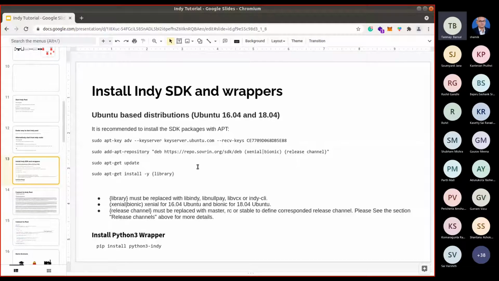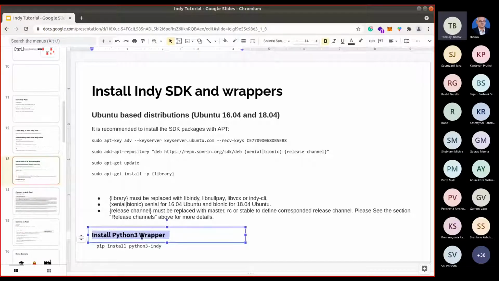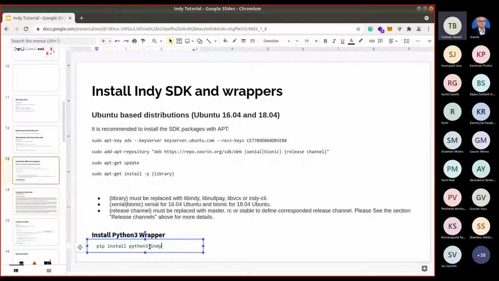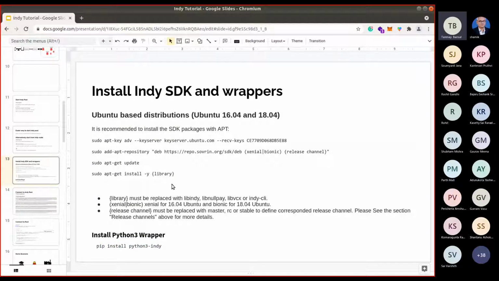So you can directly install it from their repositories, and to install it for Python 3, you just need to run pip install python. This will install the INDI wrapper for Python. But before installing the wrapper, you must install the actual INDI SDK. So that is the first step in this slide.